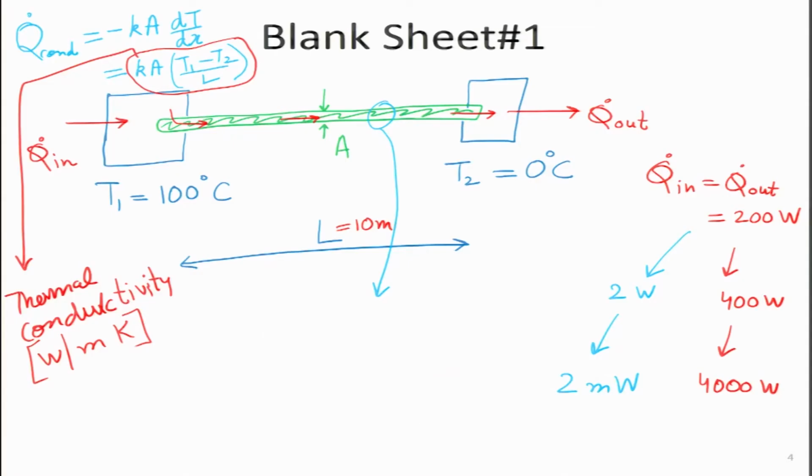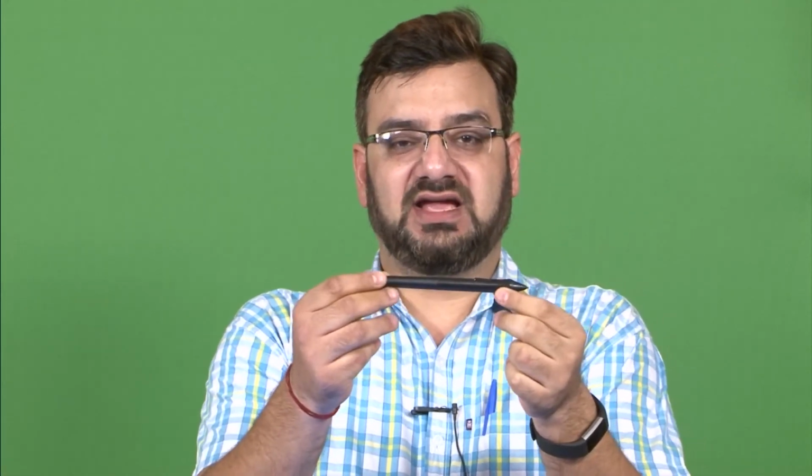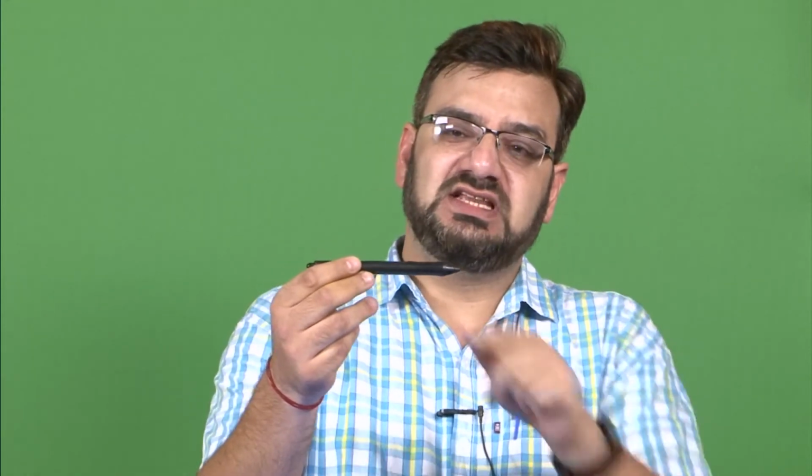But even before answering the question of what K depends on, if you go back and ask one question, why does heat even travel from higher temperature to lower temperature? What exactly is heat? What exactly is thermal energy which is being transported from this hot reservoir to the cold reservoir? So, the details are given in physics, but I can summarize that heat is a property of any material, solid, liquid or gas, which gives motion to the atoms and molecules.